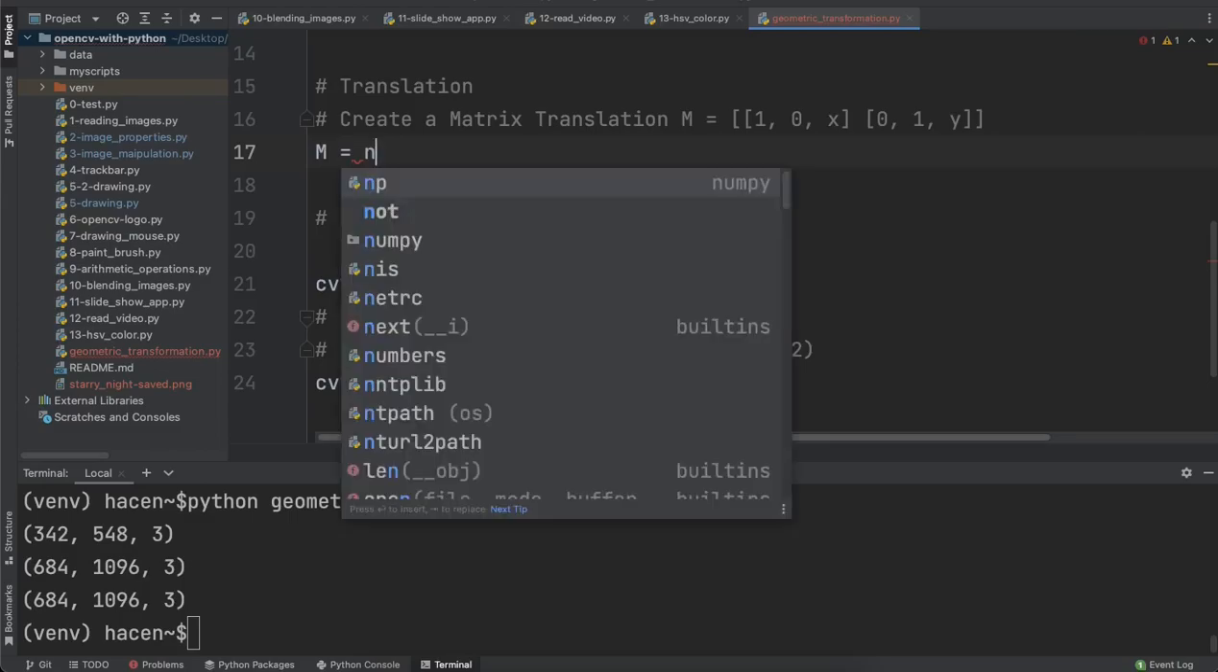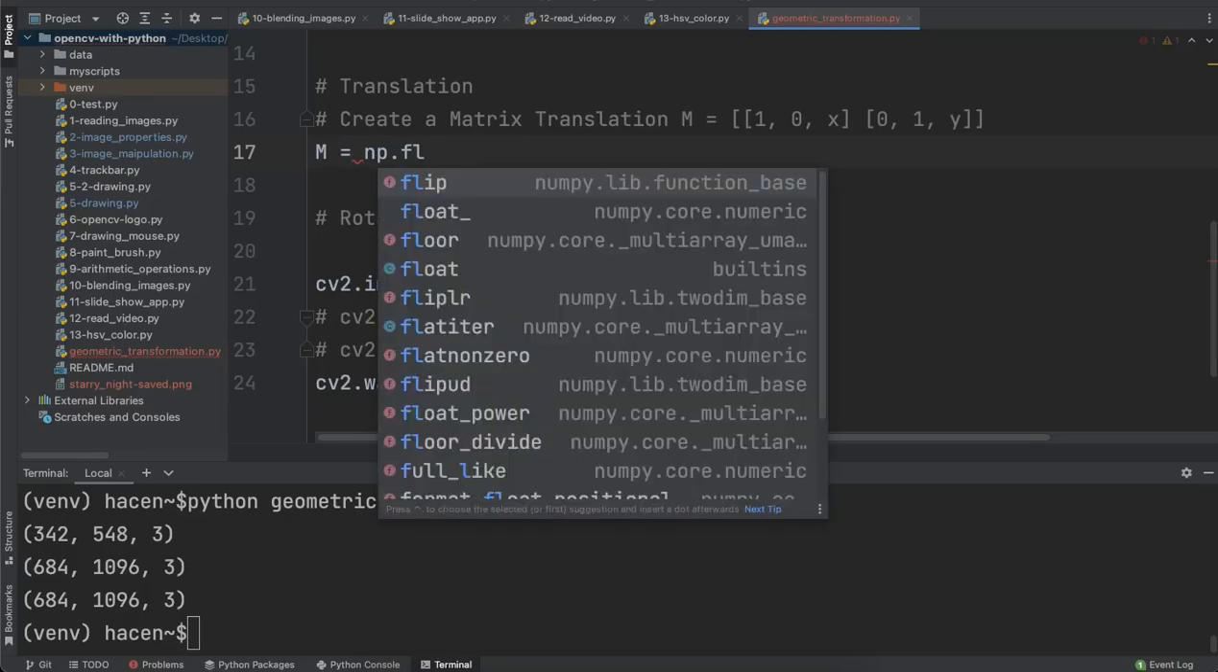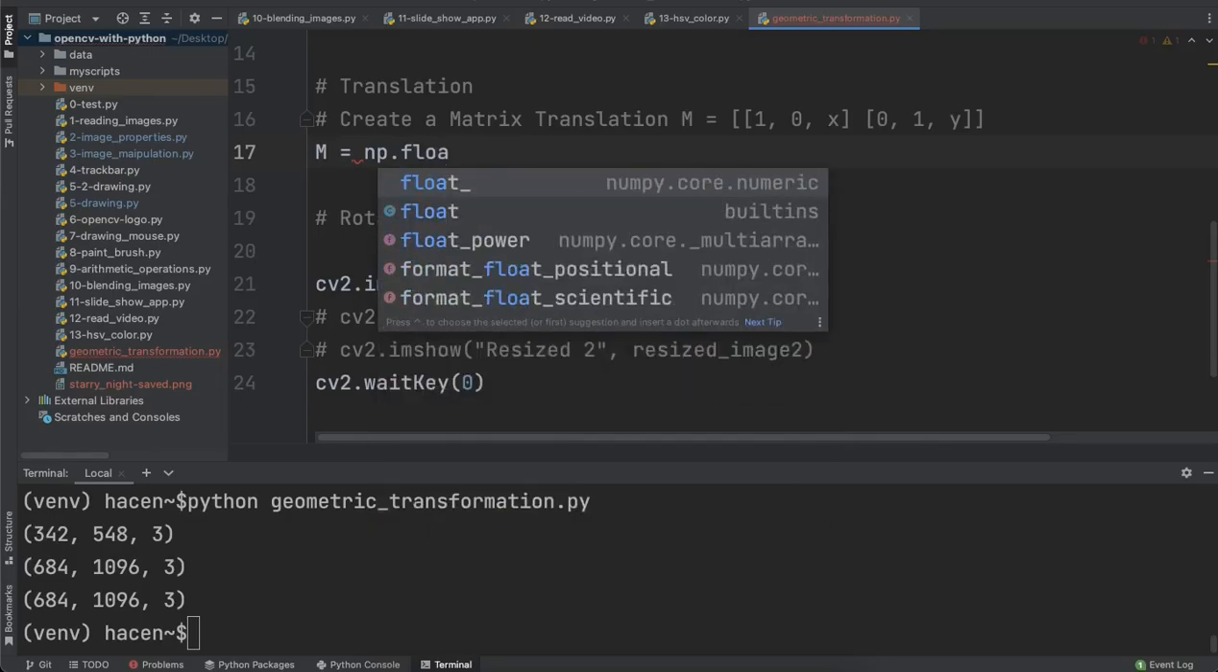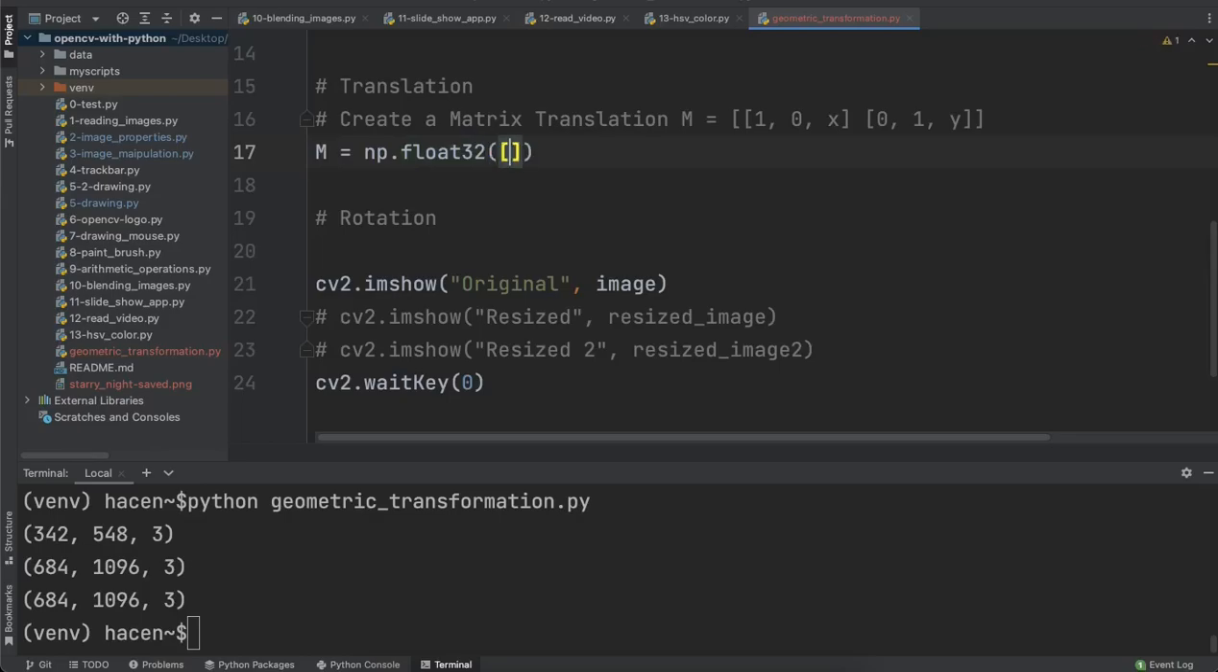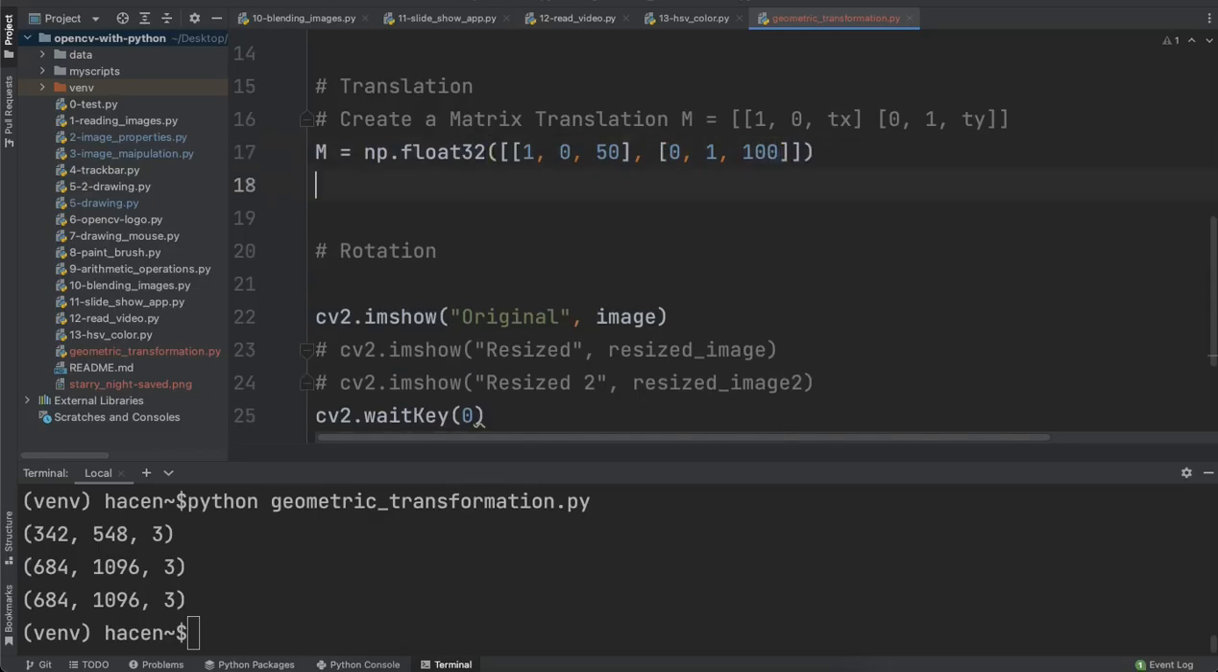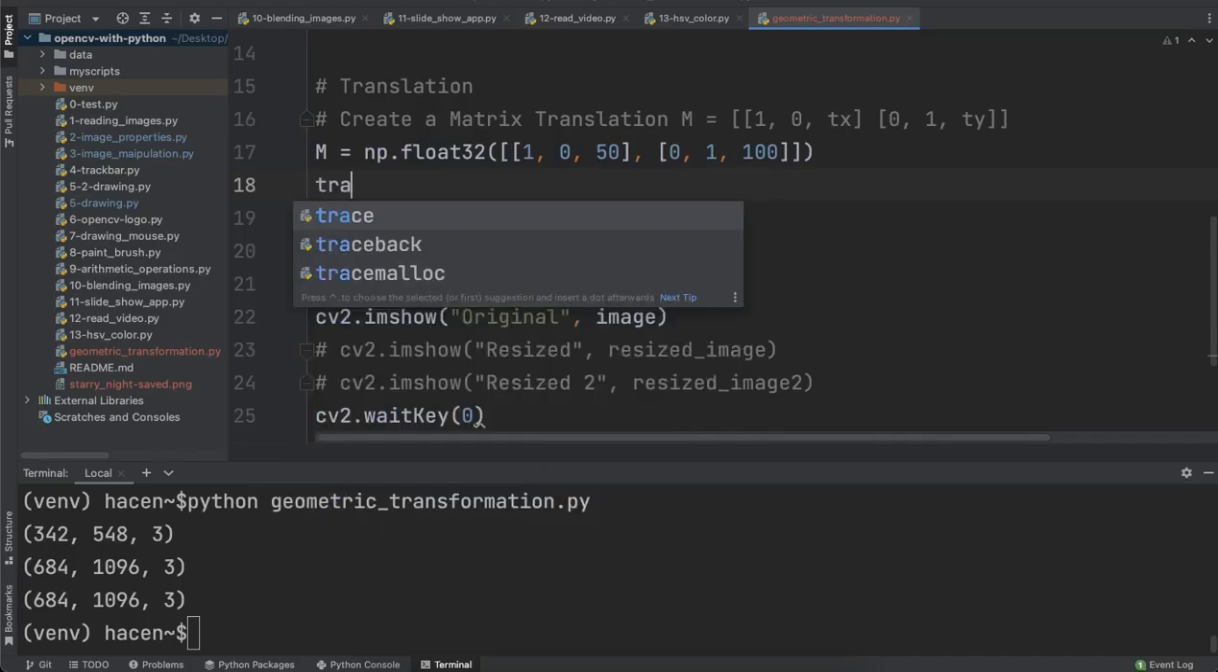I will create this matrix as numpy.float32 and give it this matrix, so 1 0, and for x now, or tx and ty. For tx, for example, I will give it 50, and these ones are fixed, and the ty I will give it, for example, 100. And I will come here and make the transformation or the translation by saying translated,